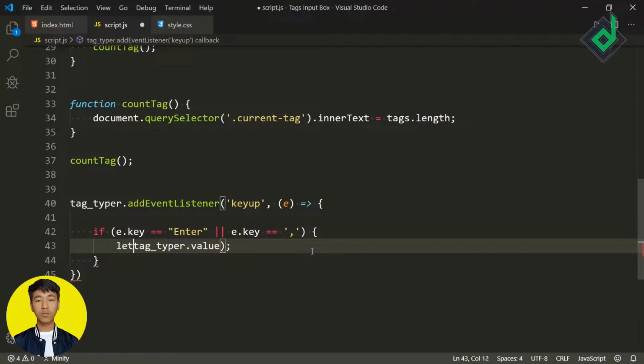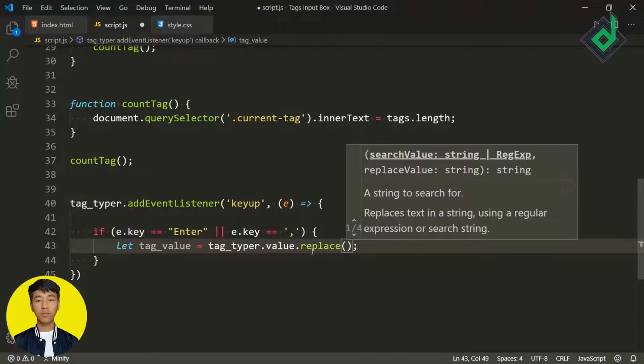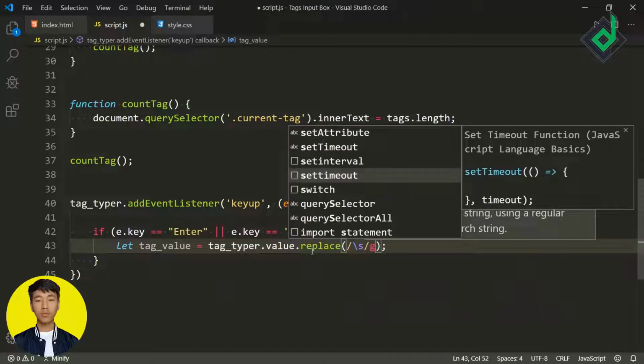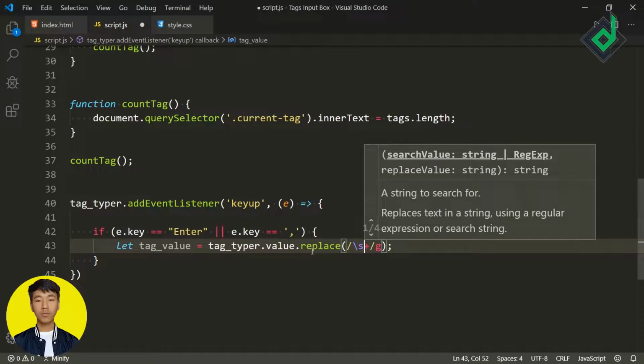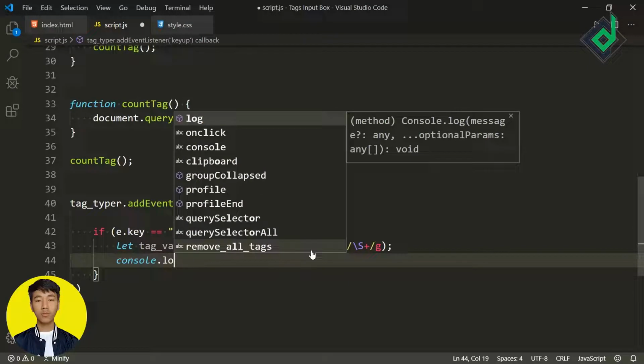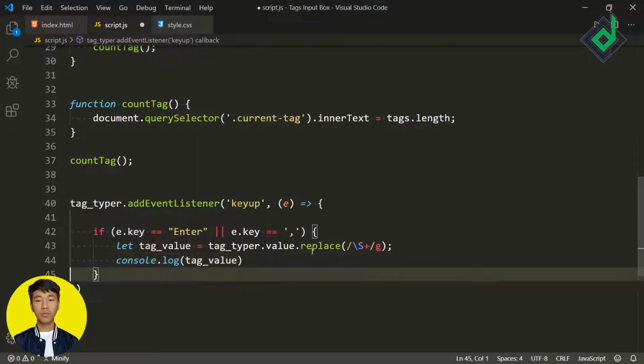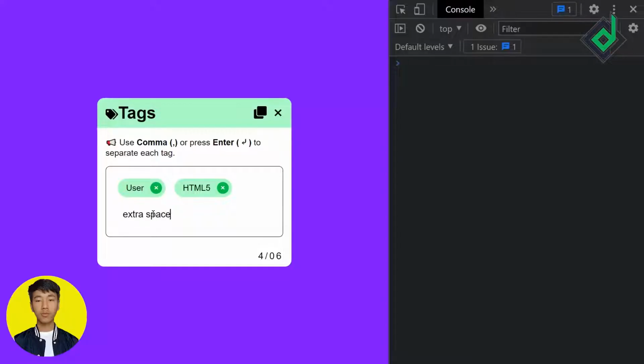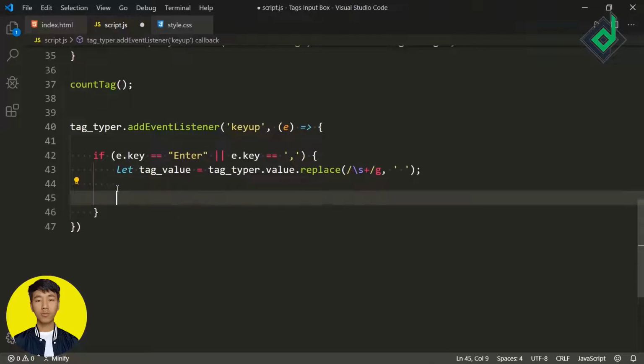Now instead of that console.log, we'll assign this value for the tag variable, and I'm writing dot replace. So we are using a regular expression. If I type two slashes and g, that represents the global, and inside that if I give \s+, so we are checking if the value that we have given with the help of input field contains one or more than one white space, then we will replace with only a single space. Now if I console.log that tag value, once again in the browser, if I type anything and if I give multiple white spaces, so now with the help of this code we are preventing the user from typing multiple white space.